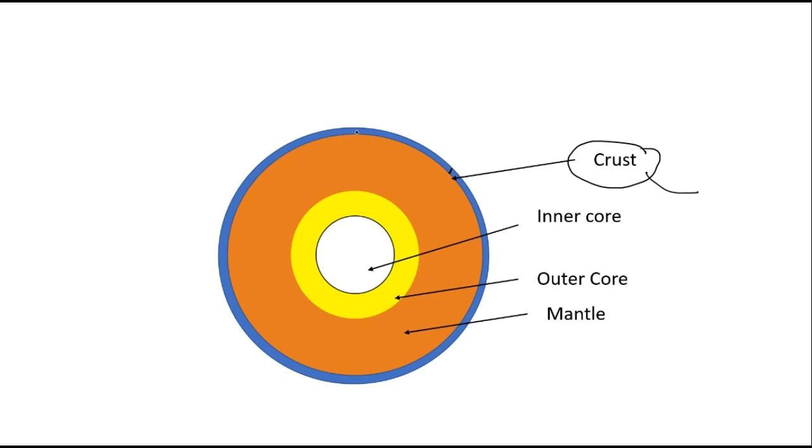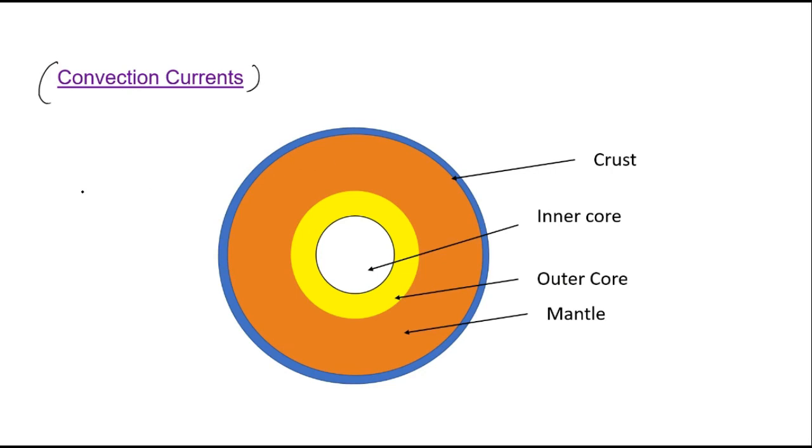So you will find plates on the earth. And what are plates? Plates are pieces of huge solid, right? And we have learned that they move. The question is, why do they move? Well, this is a time to know about convection currents. Now let us go a bit slow here.